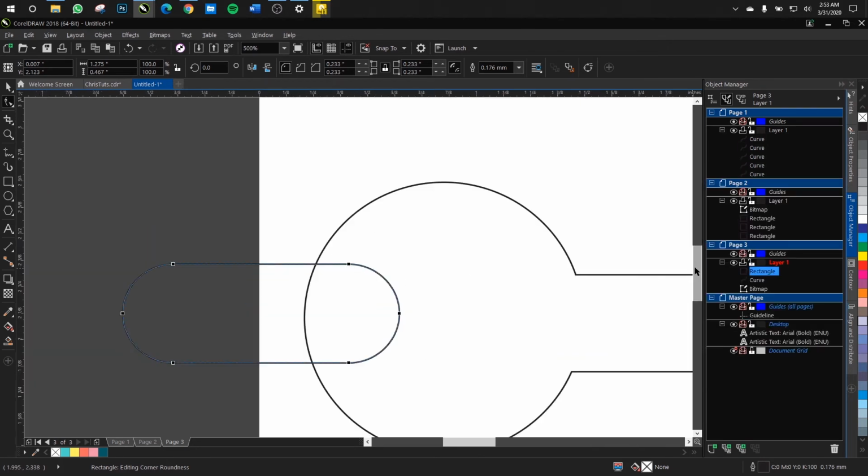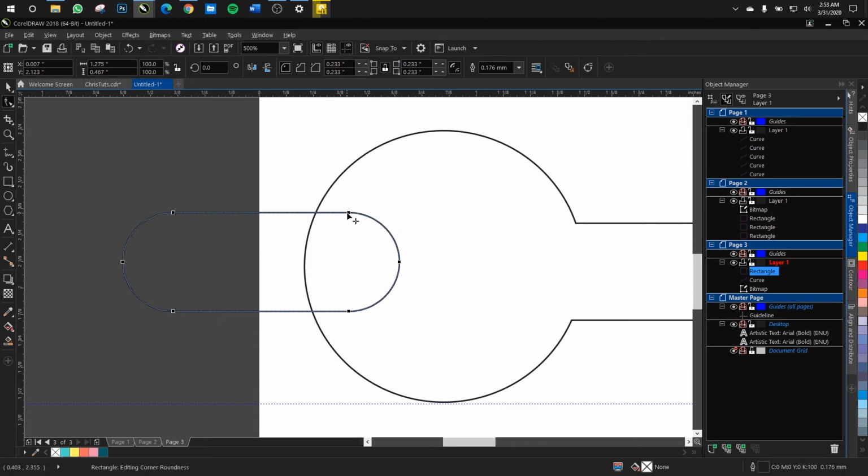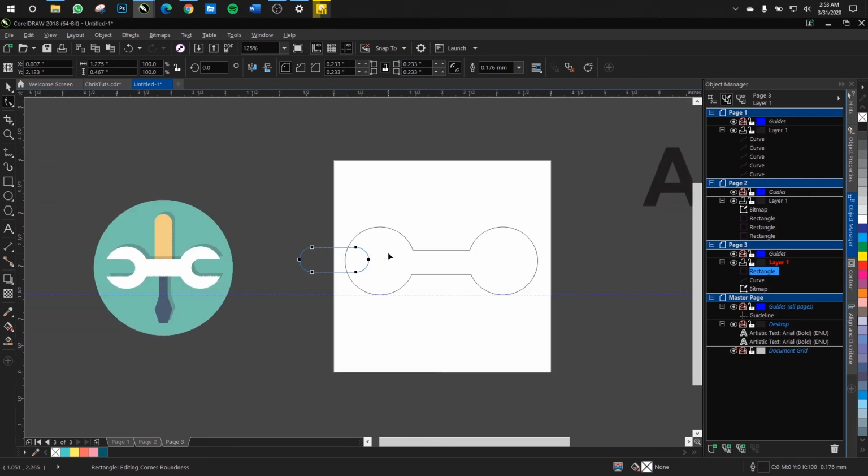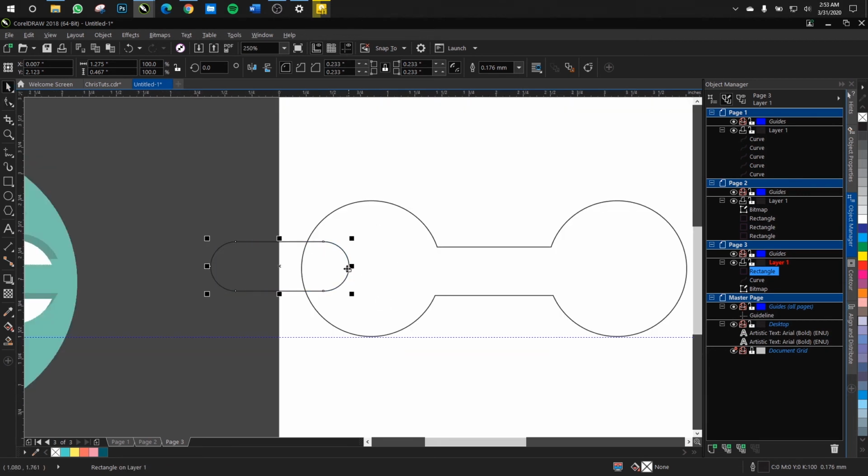Let me zoom in a little. Formerly we had it as a rectangle, and then by selecting the node using the shape tool and dragging it over to the left, you can see that we have it nicely rounded. So what we want to do now is move this in,